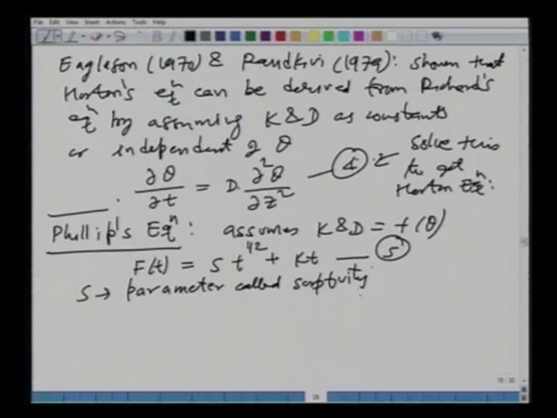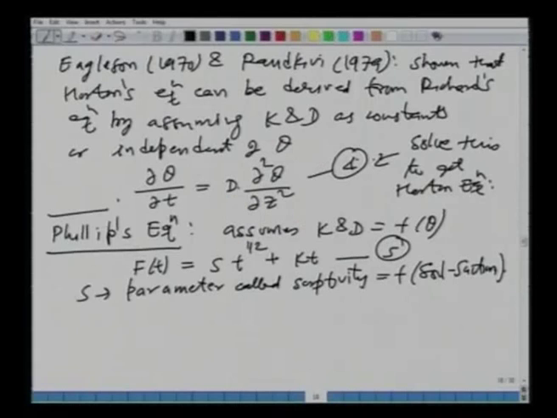Okay, which is the function of the soil suction, as the name suggests. S is a parameter or property of the soil that determines the diffusivity, responsible for accounting for the suction forces. And K is obviously, as you know, the hydraulic conductivity. So, you see that this cumulative infiltration is the sum of two components. One takes care of the suction forces and the other the gravity forces.